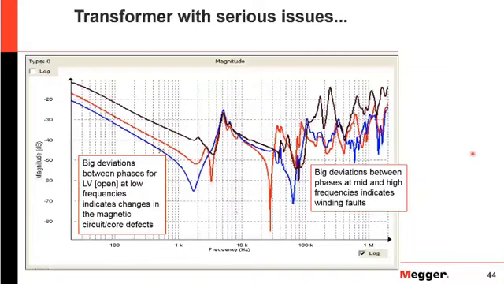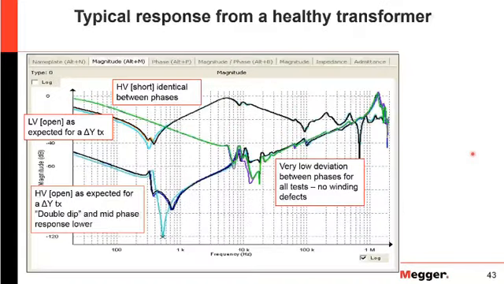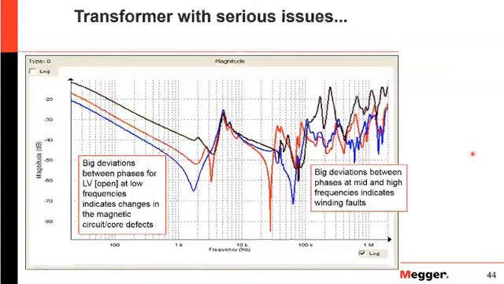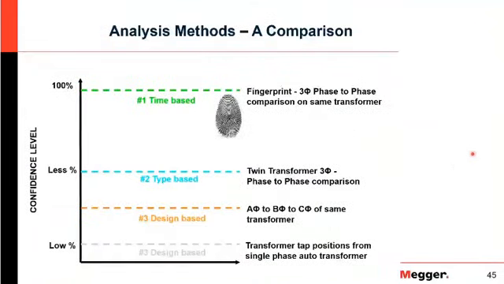Whereas if you look at a transformer with serious issues, you'll see there are generally big deviations in low voltage and mid and high range frequencies. So looking at this, as I said, the best thing you can do is a time-based comparison where you have a good fingerprint, and then you come back later and you're actually comparing to the same connections on the same transformer. So if you see any kind of difference in the reference trace to your new trace, physically, mechanically, something changed